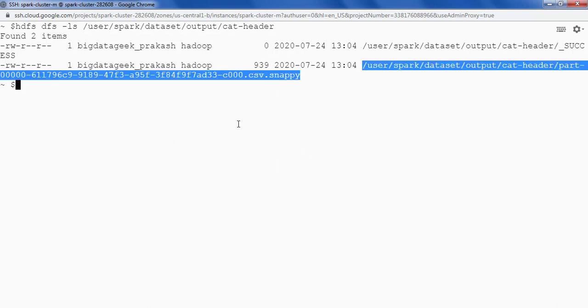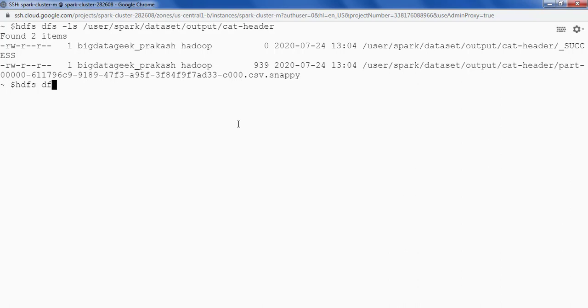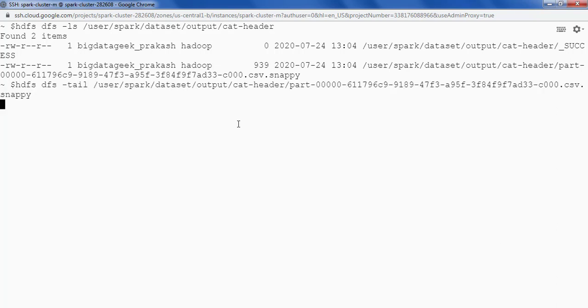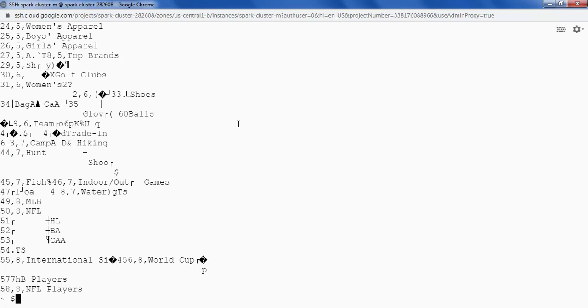Let's validate. hdfs dfs -tail and provide the path. This time we are not able to read the data. It's not plain because we have applied compression on top of it. So this is how we can apply compression on top of data before saving it. So guys, we are done with the CSV file format. Thank you.